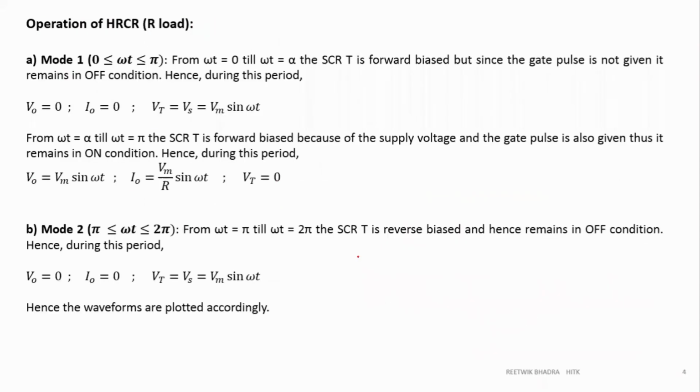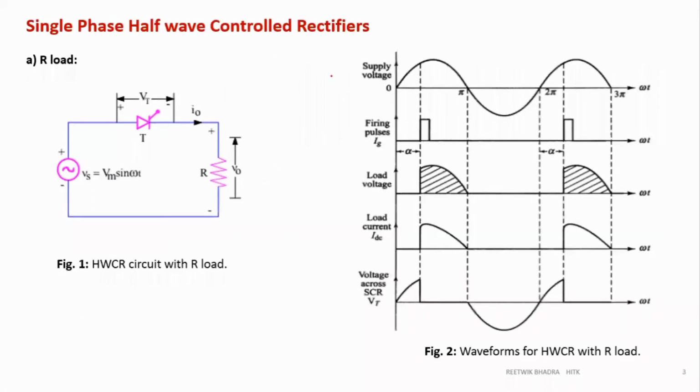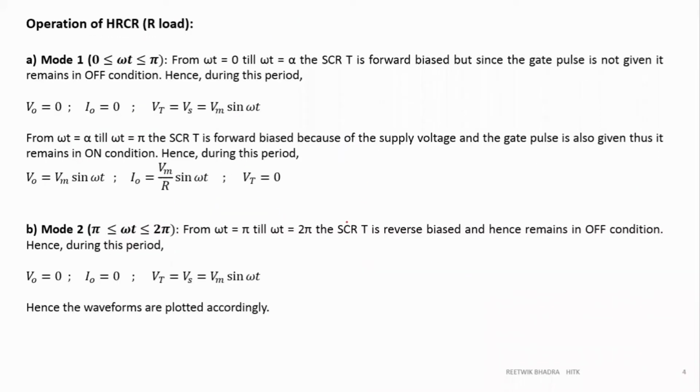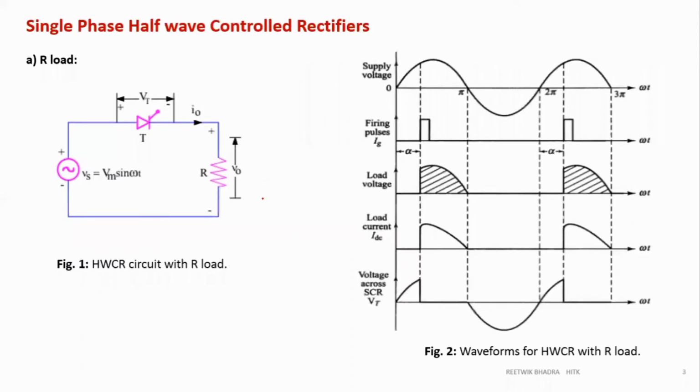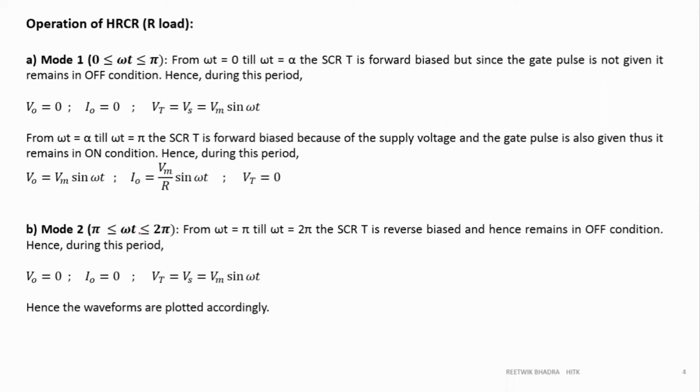Now this is the theoretical explanation I have written over here. What I have told, you have to write like this in the exam copy. I have explained for the first circuit and written the explanation of how to show it in the exam copy. In the next circuits you will see that I have not written all this theory again and again. I will make you understand the circuit. You have to write these modes on your own. According to the study, there are 2 modes: 0 to pi and pi to 2 pi. So you have to break it into 2 modes, 0 to pi and pi to 2 pi.